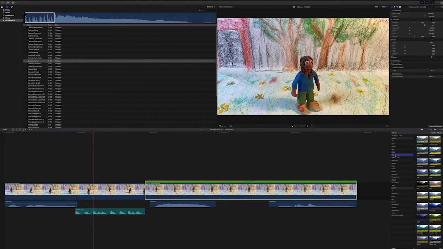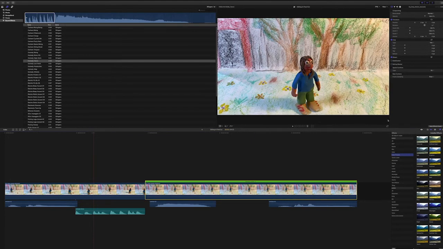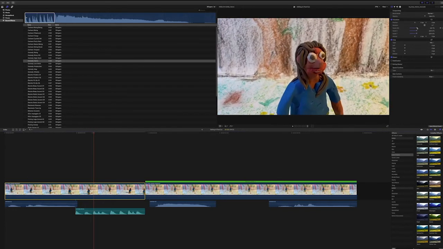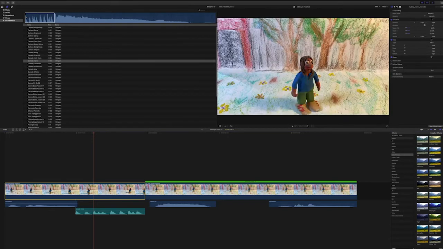So there are some color presets that you can add in, but I'm actually going to use the color correcting up in the properties window. So this is the properties window here, and in there I can change some of the properties of the clips I've got selected. So there are things like scale. I could zoom in, I could shrink it down, but the problem is there's nothing behind this clip, so it just reveals black basically. So you can change the size. You can also change the rotation,